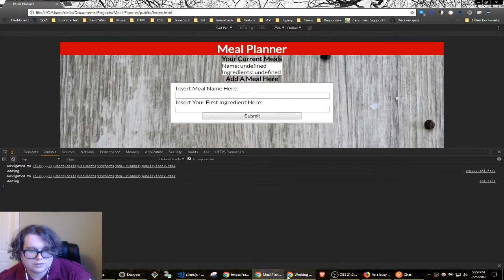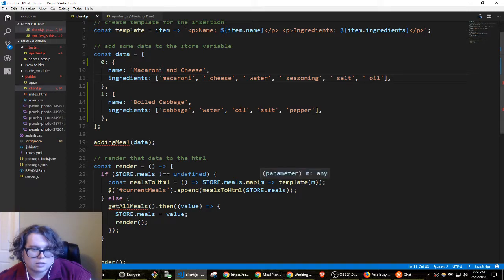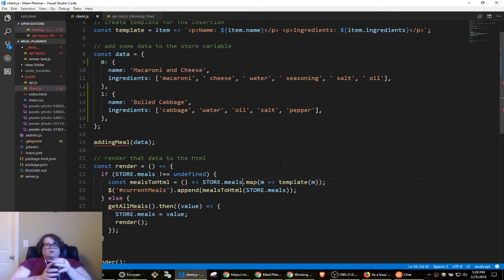Name undefined, ingredients undefined, because it's seeking meals dot. So I feel like it should be like template. I'm not actually sure. So it's able to access M. Okay, so it's passing M. Item.name. So it's looking for these. So we need to go